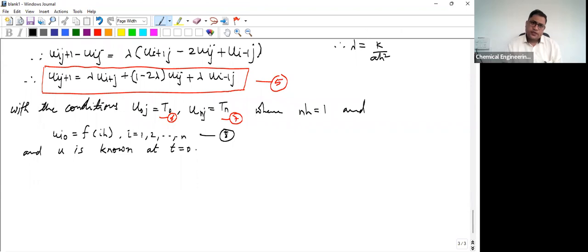Now, if we make this term 0, this equation becomes independent of the u i j term. So when this term will be 0, can you tell me? When this term will be 0. So we can do one thing, put lambda is equal to half. So if I put lambda is equal to half, then we have